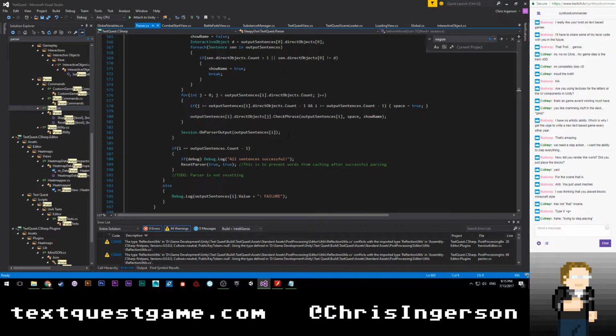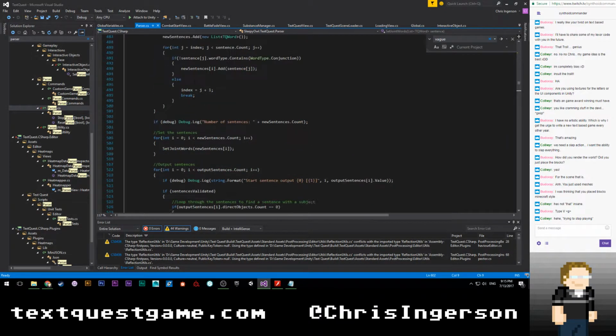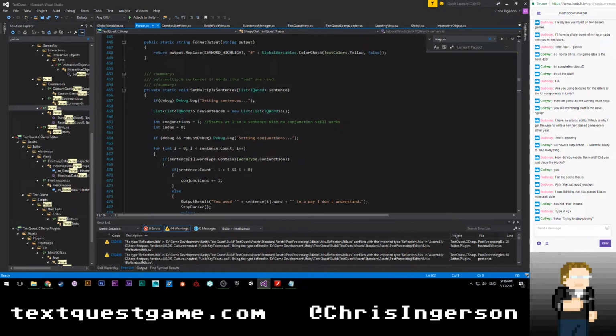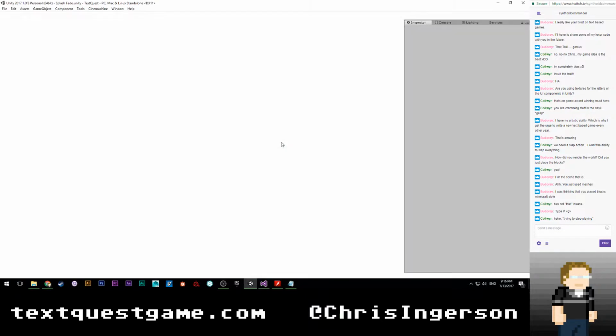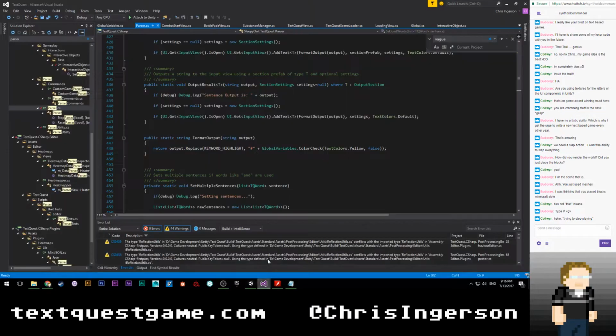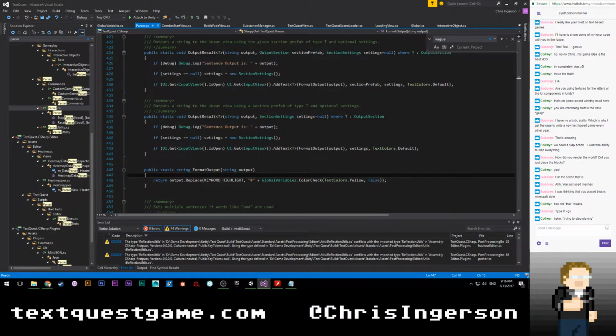Let's see here. So, what I tried with the scepter there, I typed lock scepter, which should have been interpreted as trying to lock the scepter. But it detected that there were two nouns, and that's fine because lock is technically a noun and a verb. But what should have happened is it should have said, okay, the sentence is lock scepter. Are there any pure verbs? No. Are there any partial verbs? Yes, lock, but it doesn't seem like it got that far.